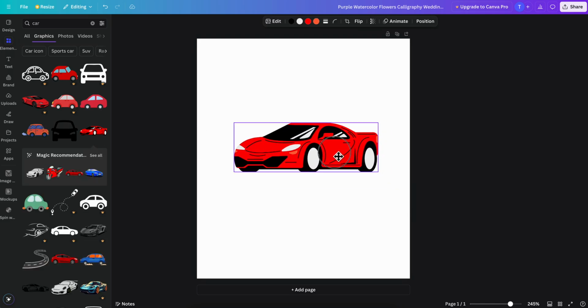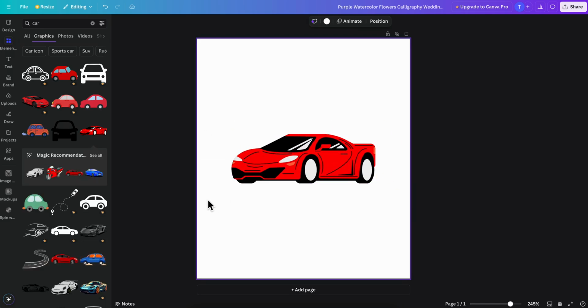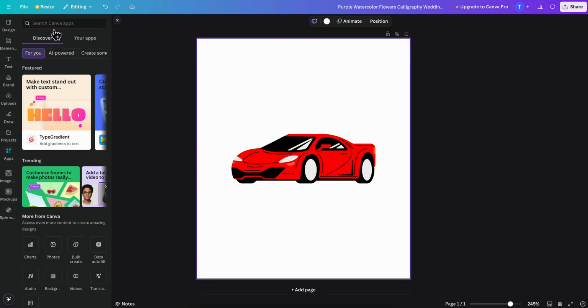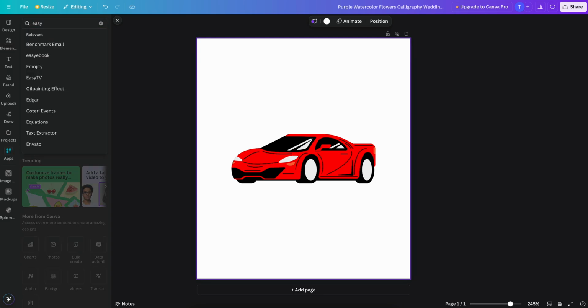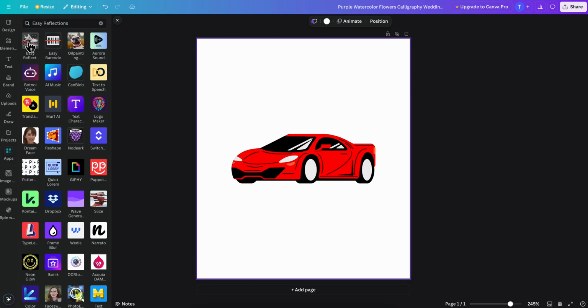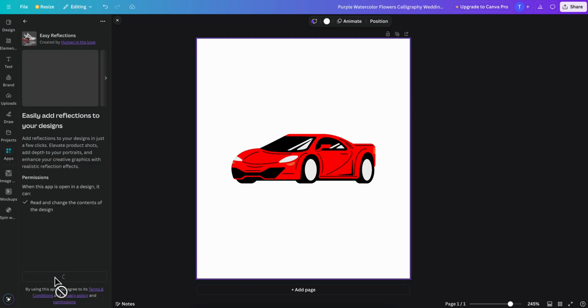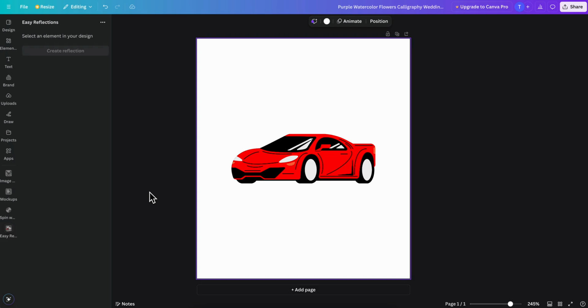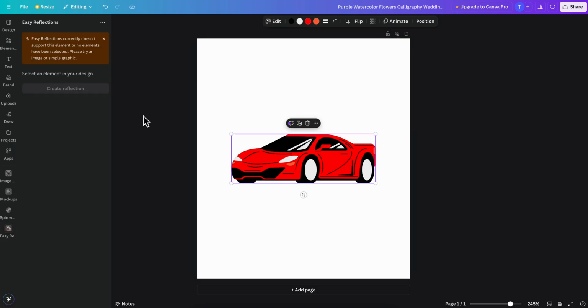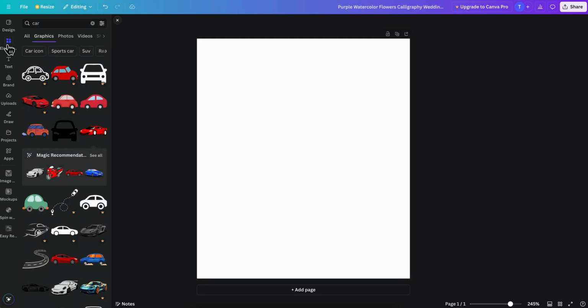Then I'm gonna resize it, and then what you're gonna have to do is simply go to apps and search for easy reflection, and then you're gonna have to click on this one from here and click on open. Now we're gonna have to select the element, and basically, so this is a graphic, so let's add a new